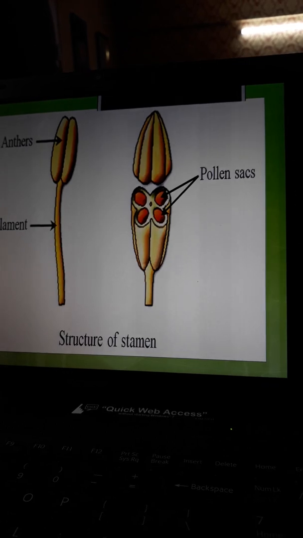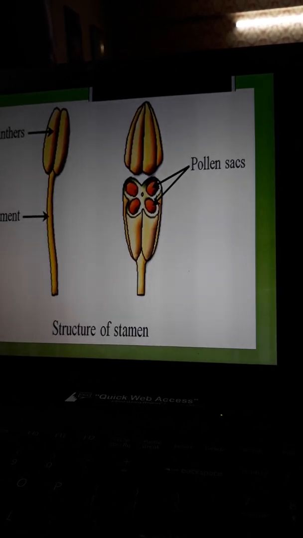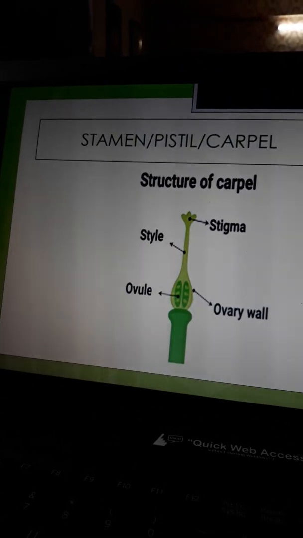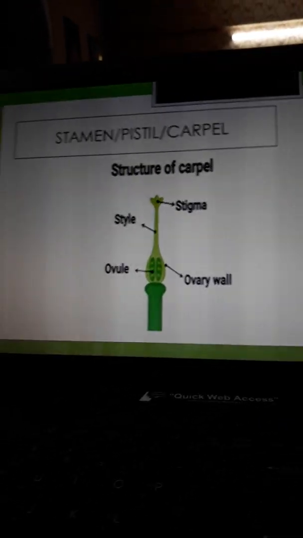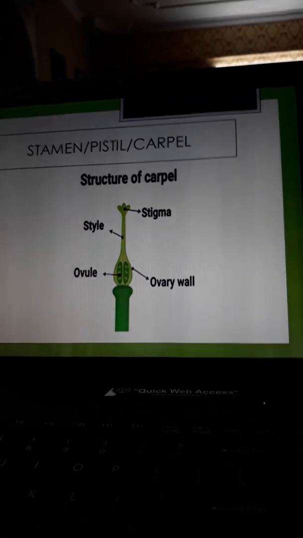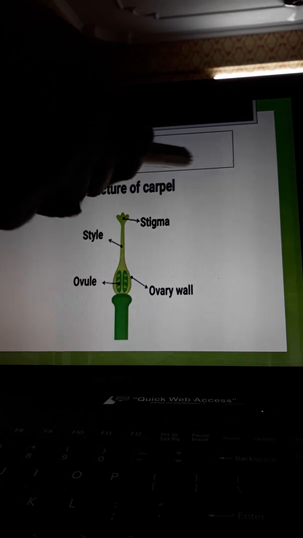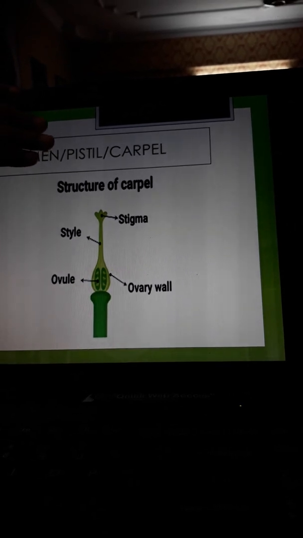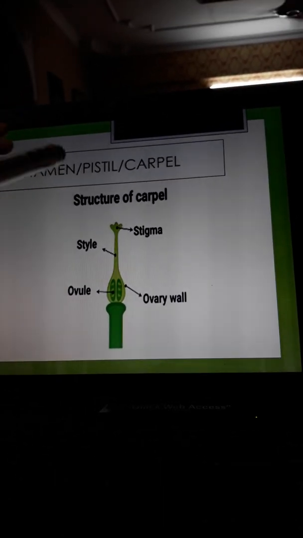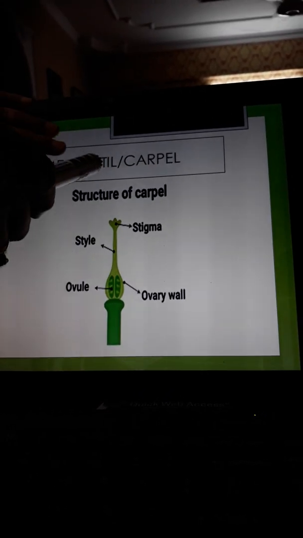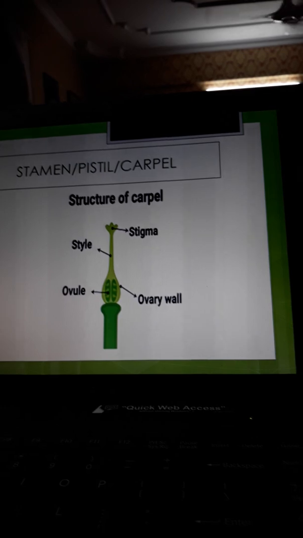Now we come to the female gametophyte. This is the female gametophyte. This is also known as pistil or carpel. See, in this structure, please ignore this. This is wrong. This is not stamen. This is pistil and carpel. This is a misprint. So this female gametophyte is also known as pistil or carpel, and the male gametophyte is